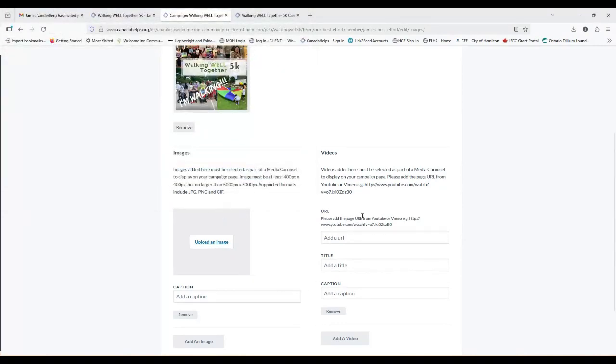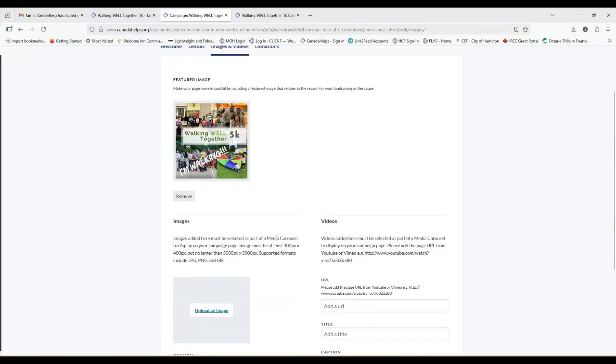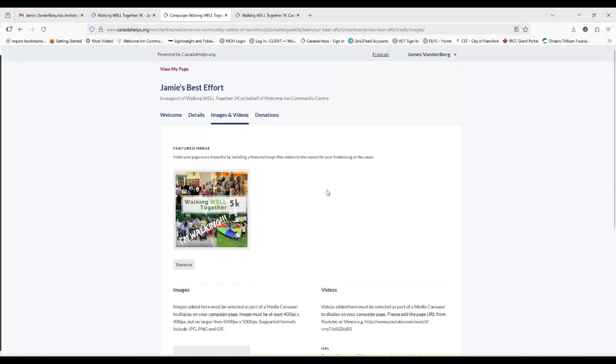as you want, actually. If you're really creative and you want to create a short fundraising video, you could tell people about how much you love volunteering at Welcome In and why you're trying to raise money for them. In that case, you would have to upload the video to YouTube or Vimeo or another platform like that, add in the URL, add a video, and then it will be on your fundraising page. No pressure to put a video up, but if you want to, that feature's there.